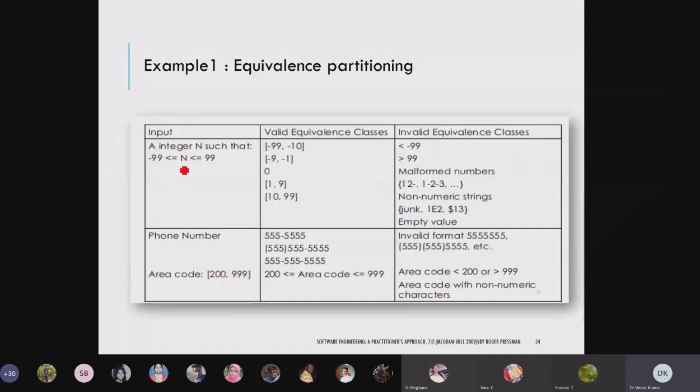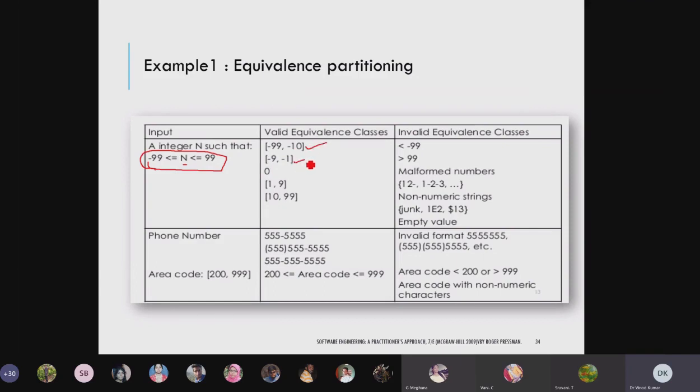For example, you can see here how equivalence partitioning is done. This is the input range: the number n is greater than or equal to minus 99 and less than 99. How many valid equivalence classes have I created?